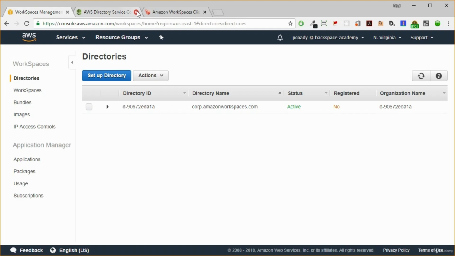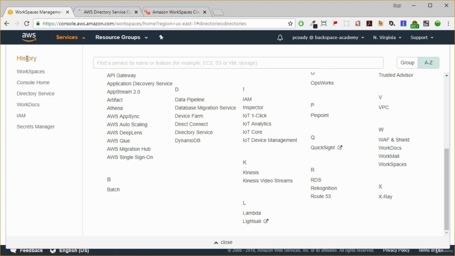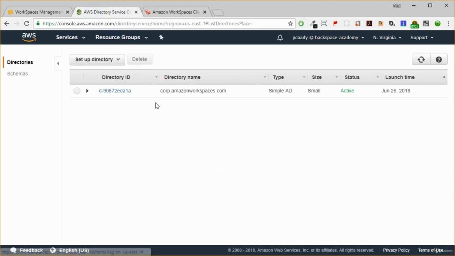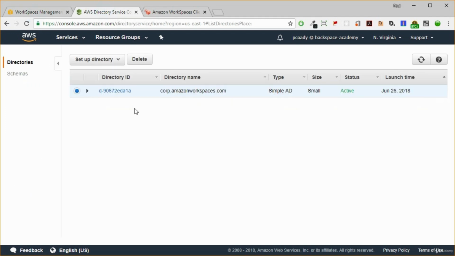So if we go to the directory service, so we go to Services, and then Directory Services, we will see that it is still there. So what we need to do now is delete it from here as well. We can't just directly delete this if it still had that association in here, we wouldn't have been able to delete it, but now we can delete it.